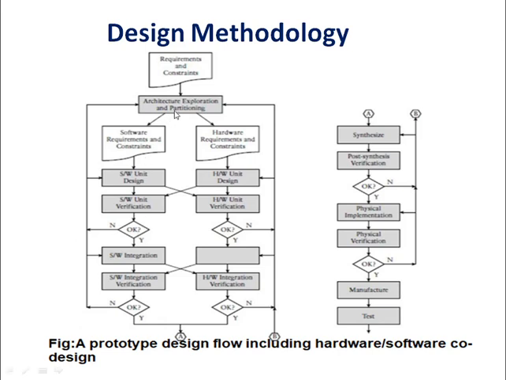Right? Let us come to the next block here: architectural exploration and partitioning. What do you mean by architectural exploration? Architectural exploration is the design step to find the system-level architecture and map different parts of the specification to the allotted system components under design constraints. Or we can explain this architecture in a different manner.